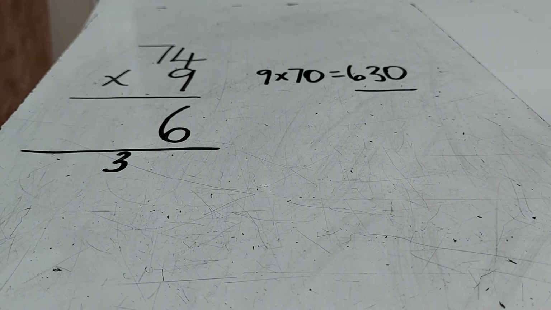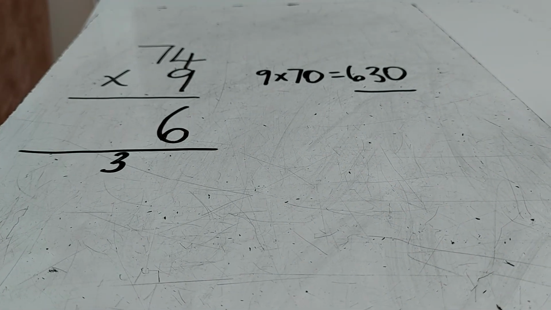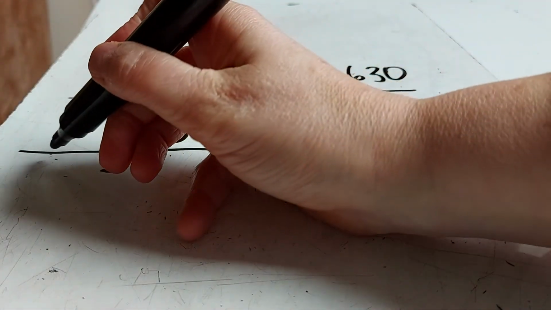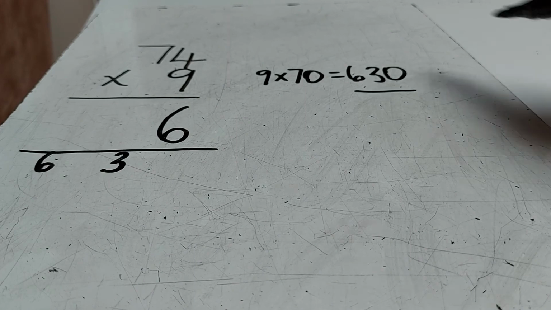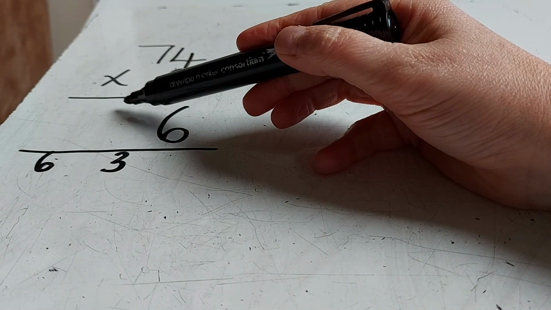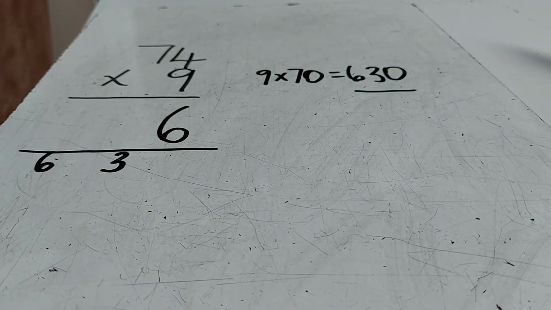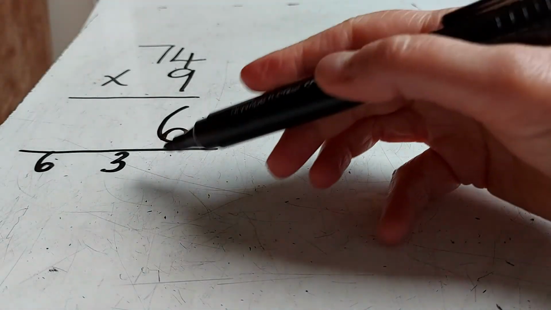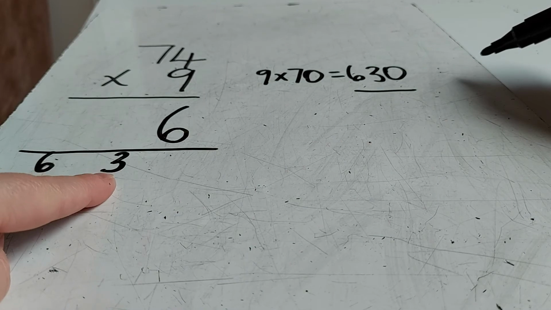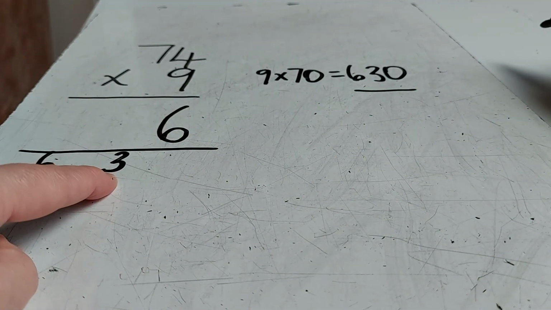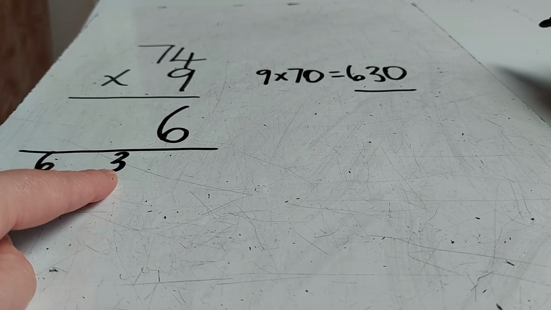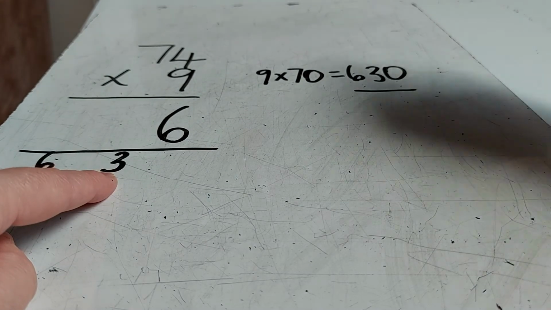Now, what we do is we need to record the 630. So we're going to put the 6 in the hundreds. And we're actually not going to put the 3 here in the tens. We're adding up as we go along, and this is why it's a quicker sum. Okay? So it's 630, but we've got 30 here from our previous calculation of the ones. So I'm just going to add it. 630, add this 30 here, makes